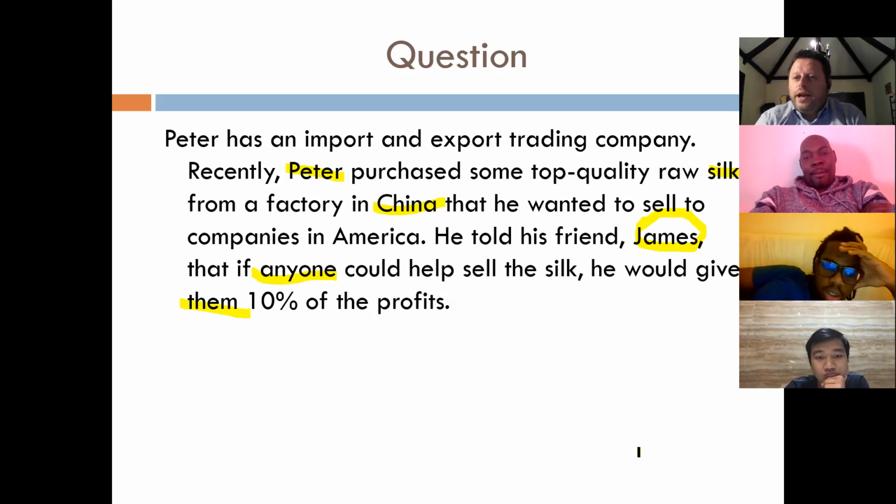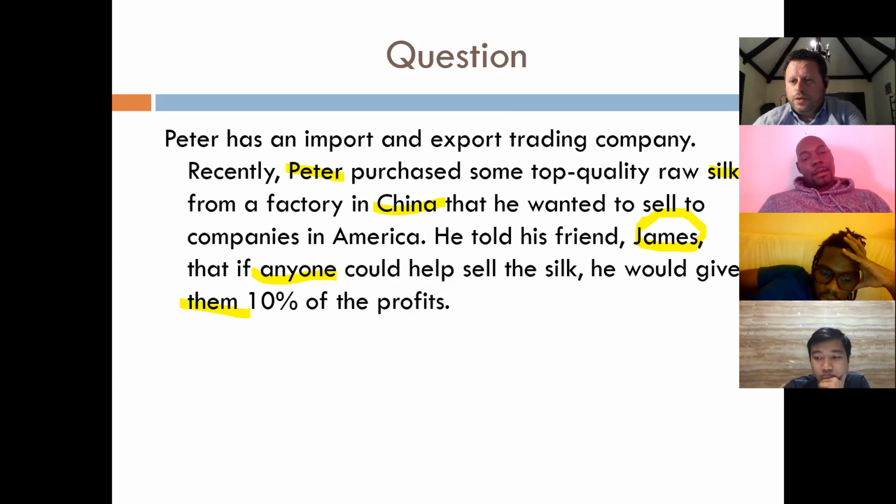Okay. Why do you think James went out and looked for companies? For the money, of course. That's it. He went out and looked for companies because of the money. He found a company. He should be paid. It doesn't matter what the contract said. James made a sale. He helped Peter make the sale. And Peter said, if anyone could help me make the sale, I'll give them 10%. He needs to give James